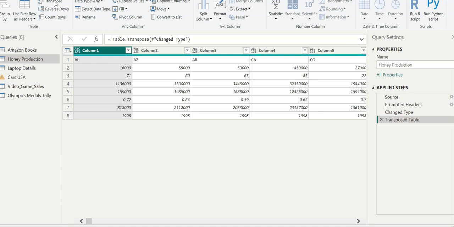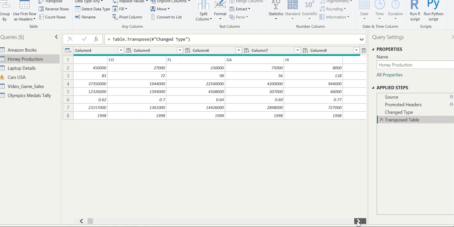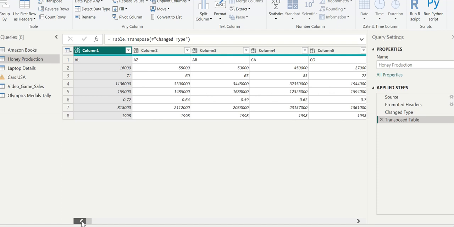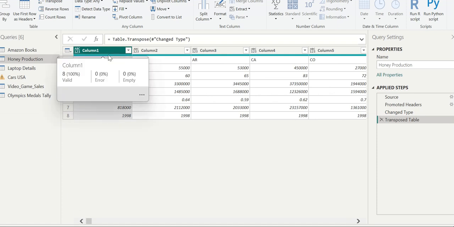So effectively each row becomes a column of the data set in the transformed table and each column a row. When we apply this to this table, what was previously the first row, pointing to honey production in the state of Alabama, here AL, appears as a new column.